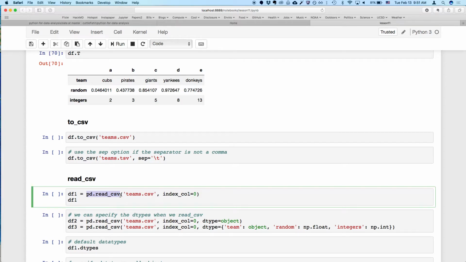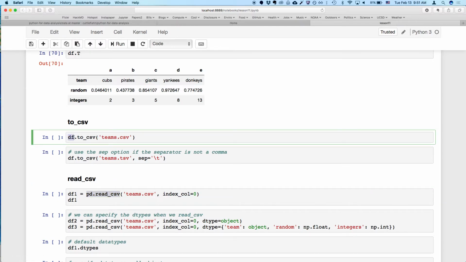To write a data frame, you already have this data frame object. So we have this df data frame object that has its own methods. And one of those methods is to CSV. So this is a function of a data frame. So a data frame can be written to a file. This function is called to CSV,